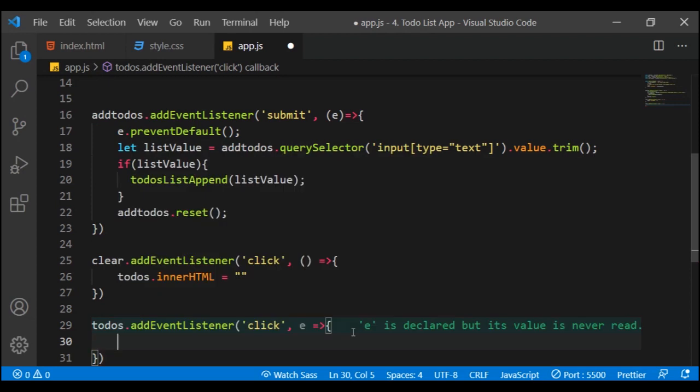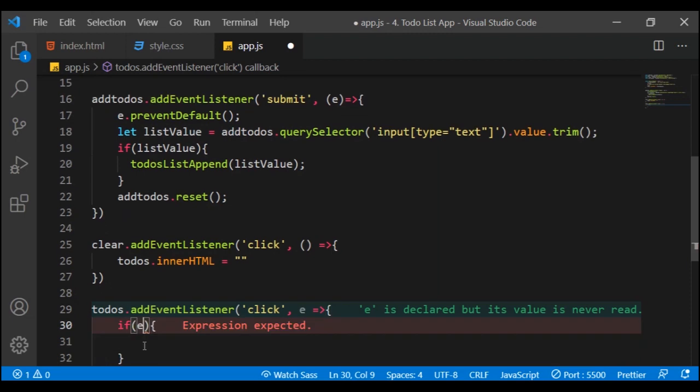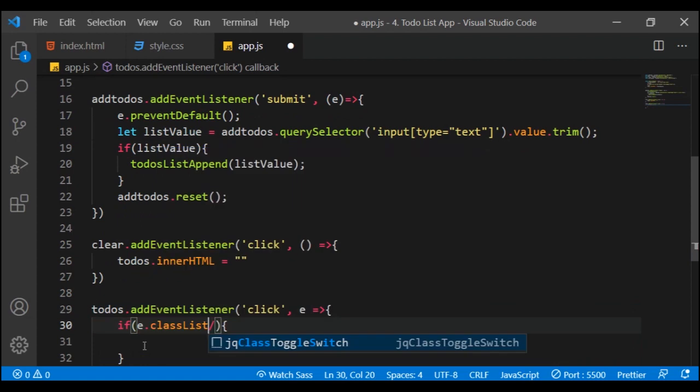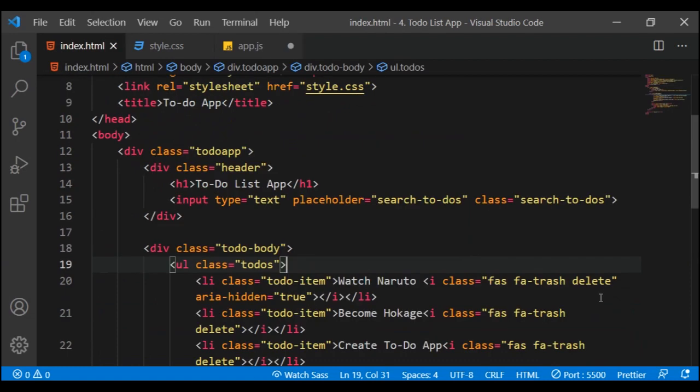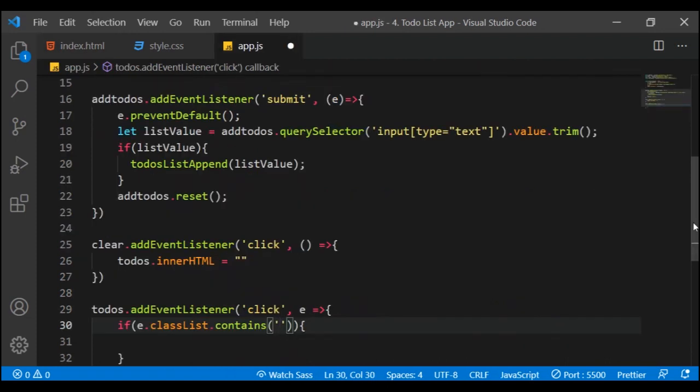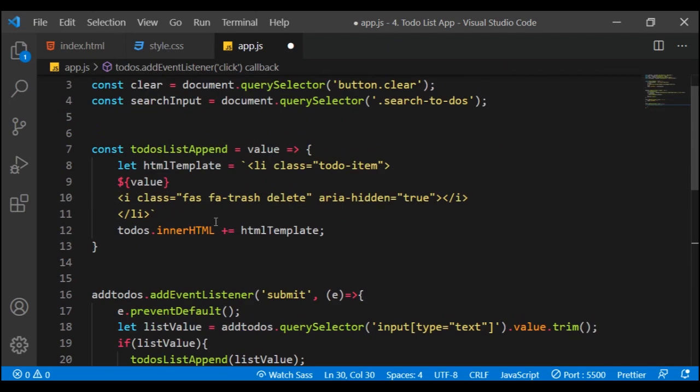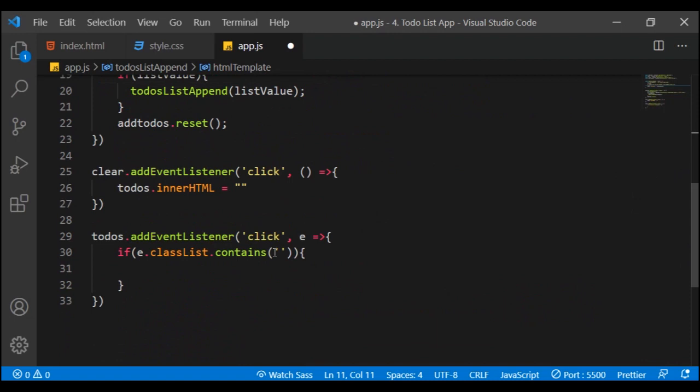So now we're going to have a conditional, say if e.target.classList contains. So what do we want? We want that whenever only the trash can is clicked, that is when it actually deletes. So if it actually contains the delete class, now note all trash cans contain the delete class, even in our HTML template. So we're going to say if it contains this,